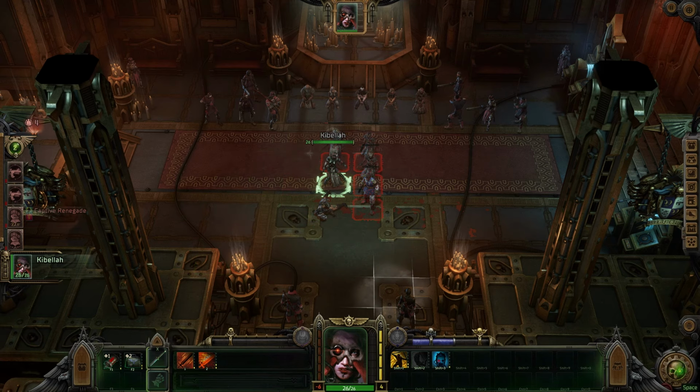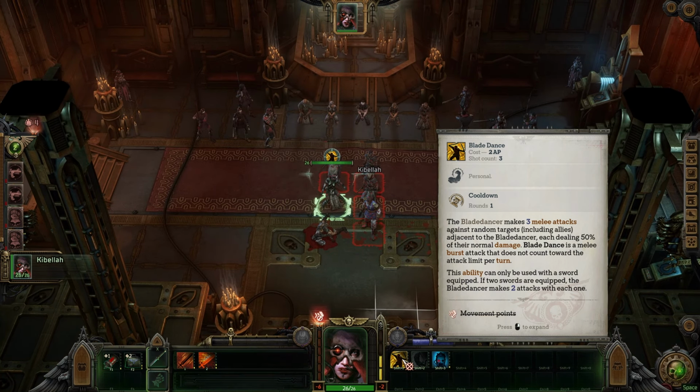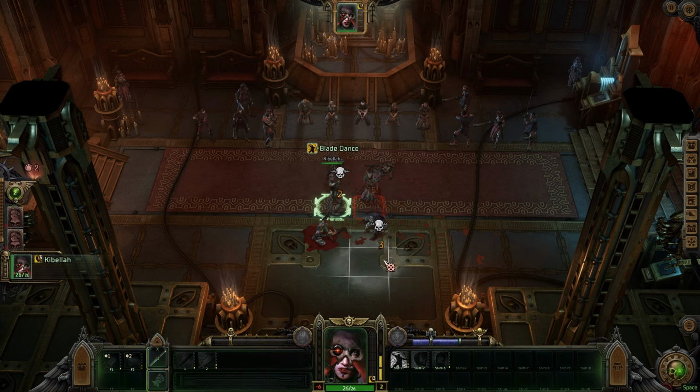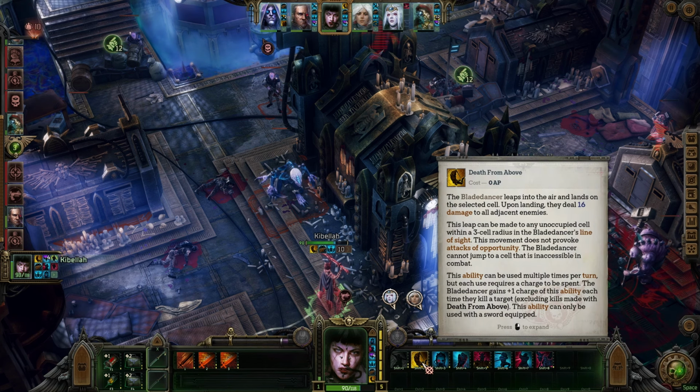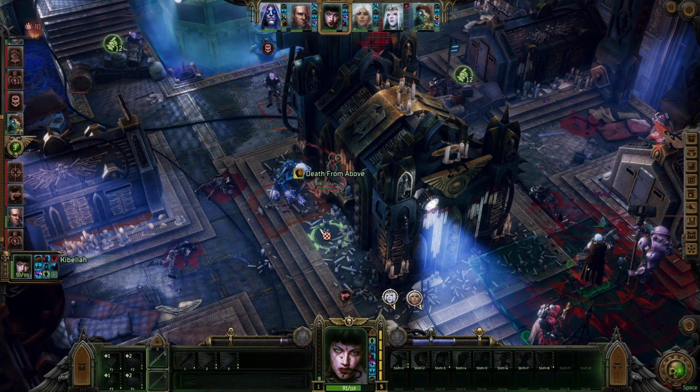And you gain more charges every time you kill a target, except when you kill an enemy using Death from Above. And similar to Blade Dance, you have to have a sword equipped in order to use this ability. Absolutely fantastic. Keep in mind, you can use Death from Above even if there are no nearby enemies, so it